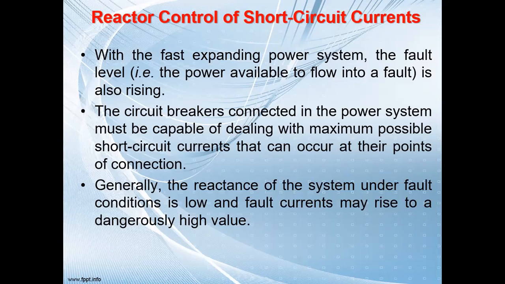So when you increase the load on the other side, your fault current will also increase, because the load is more at the receiving end. What will happen? Instead of changing this circuit breaker, we can connect a reactor in the system. When we connect the reactor, the fault current value will reduce. Thereby we can keep the same circuit breaker in the circuit, and finally we can reduce the cost of the system. Is it clear or not?